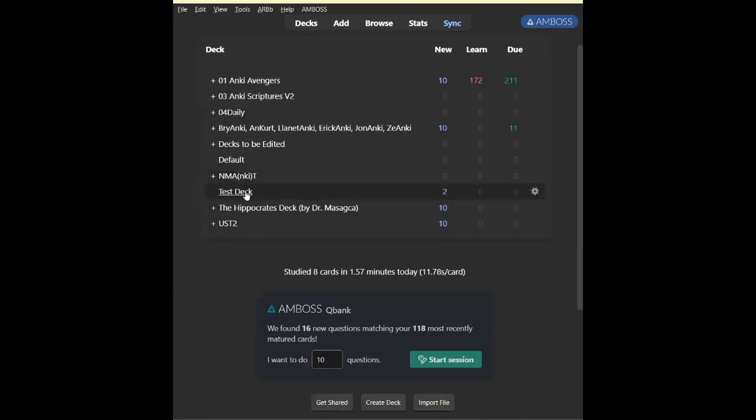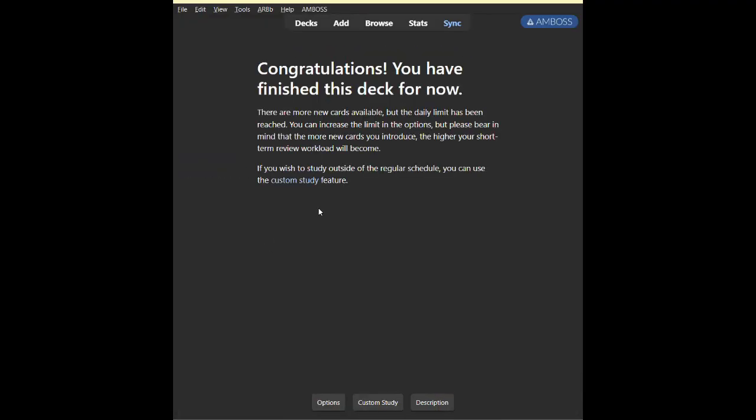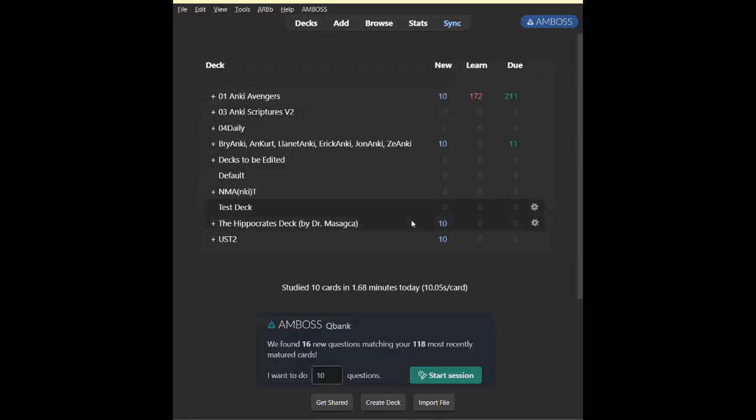Now, this test deck, you can use it immediately already. Gram positive or blank, good. Show answer, good. But, oh no, finished already. But there were so many cards that we added, right? We made so many cards. That's the problem if you just click on it. You see this, new? This limits the amount of cards you can do in a day. Because, of course, Anki also doesn't want you to overload yourself with cards.